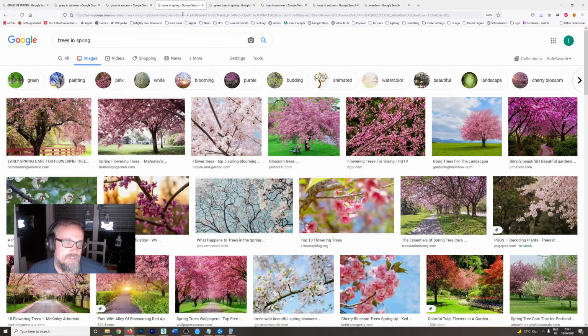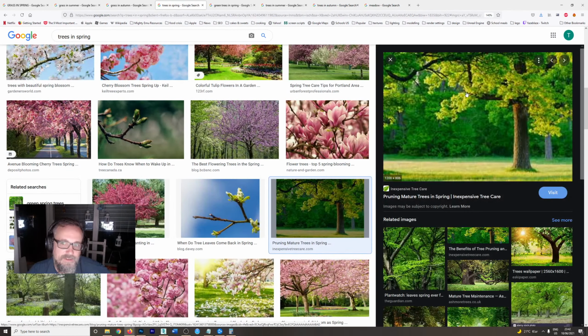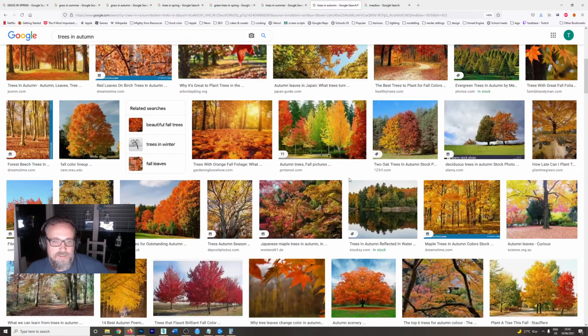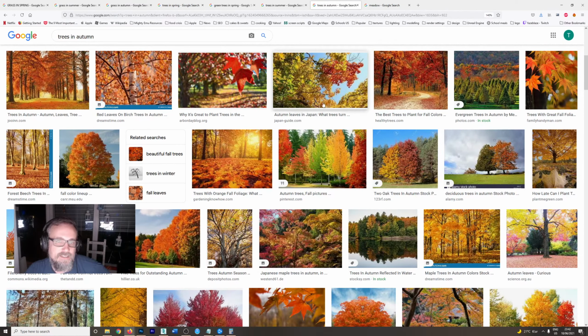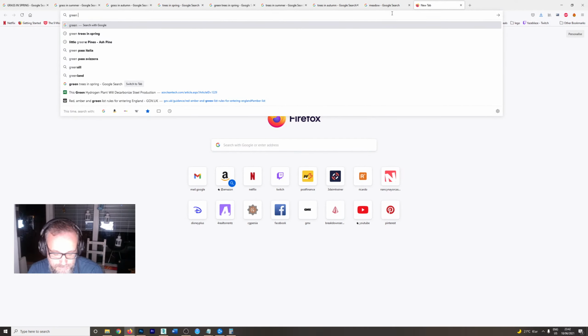And the same goes for trees. If you look at trees in spring, yeah, you get a lot of blossom in spring, but also you get these very green, bright leaves. And these are how leaves look in spring. And then you've got trees in the summer, and by summer the leaves have darkened a little bit, and by autumn, of course, you get a lot of variance in color. But maybe if we do green trees in autumn,